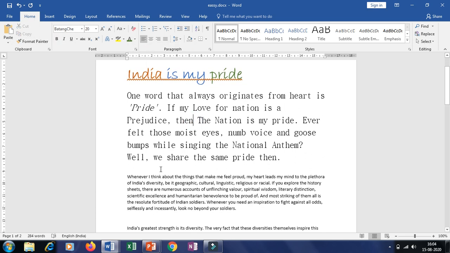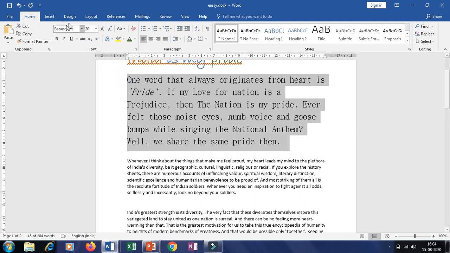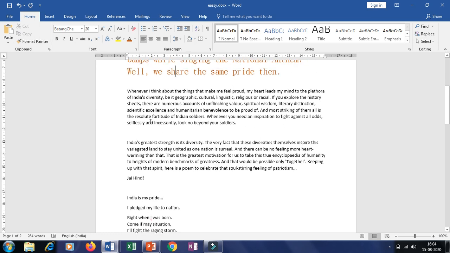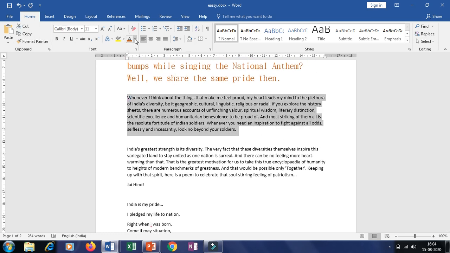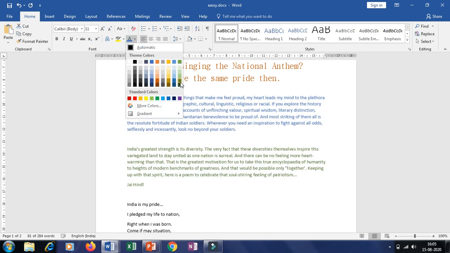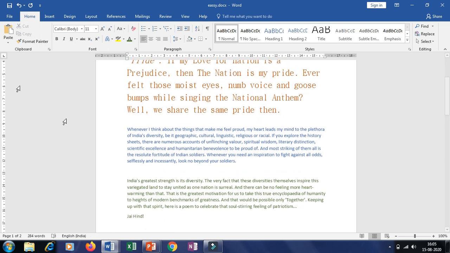If you want to select the paragraphs also this way, you can do it. Select, okay, then here we'll take it to blue and this one to green. So this way you can change the color of the text.